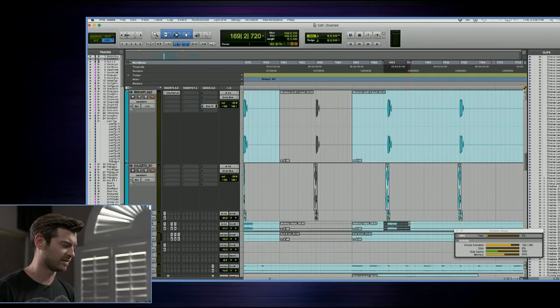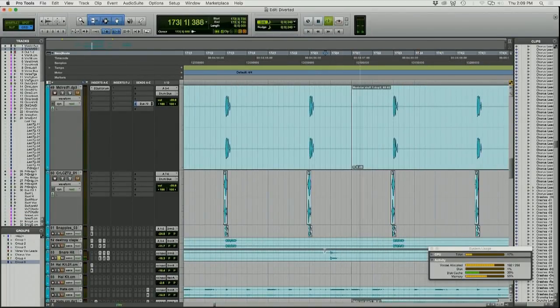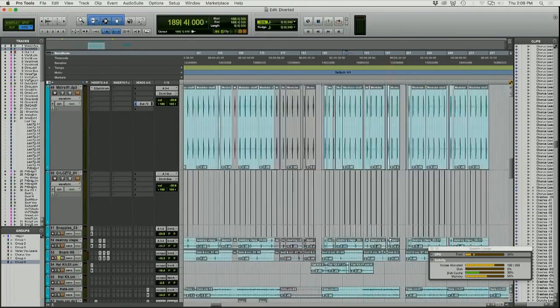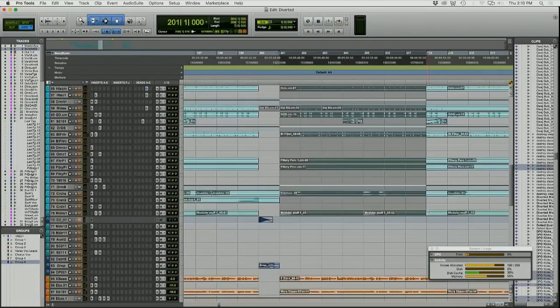But a lot of it's really just made outside of the box, and it's going through a lot of outside processes. So once it's in the box, then I can really clean it up and use it exactly how I want to. Also, we have a snare. And it's just got a nice long plate reverb on it. If we go towards the end, where it all starts getting pretty dense,